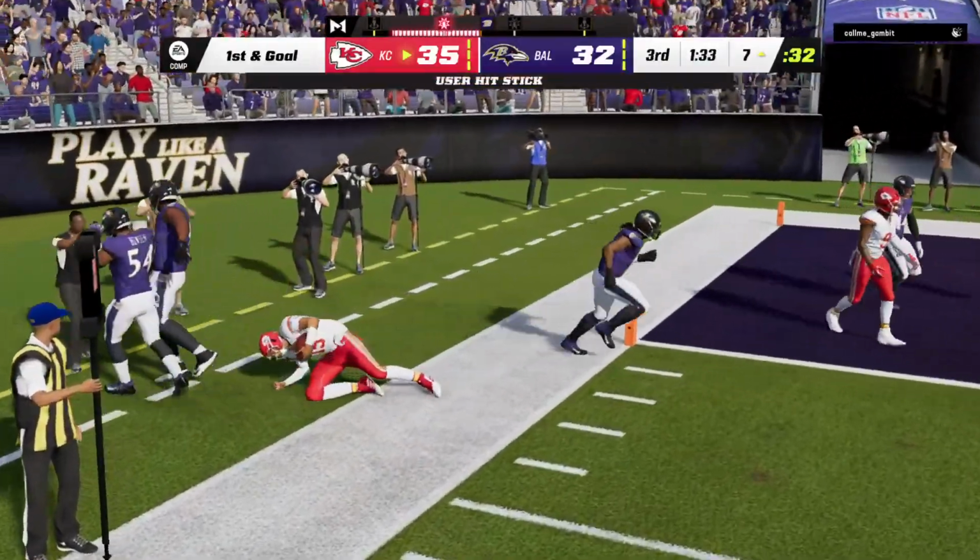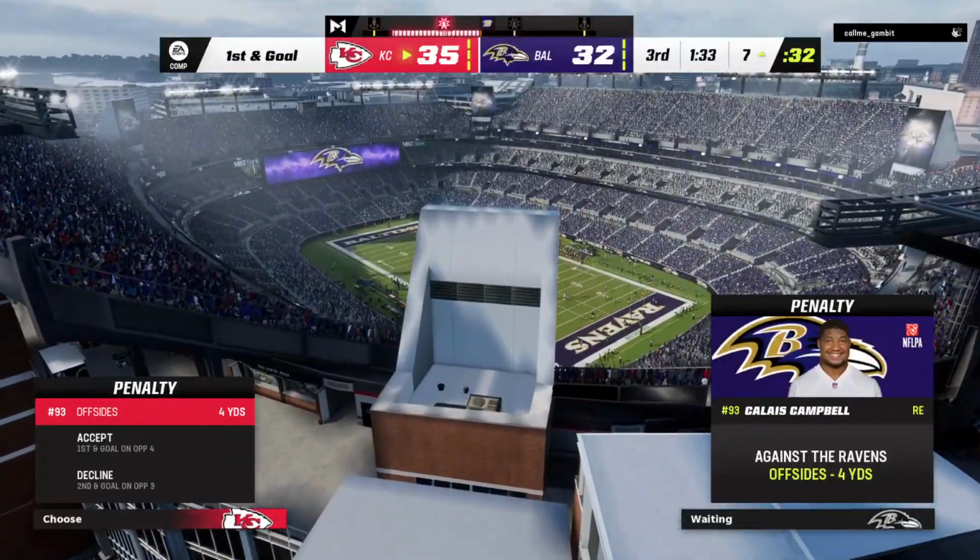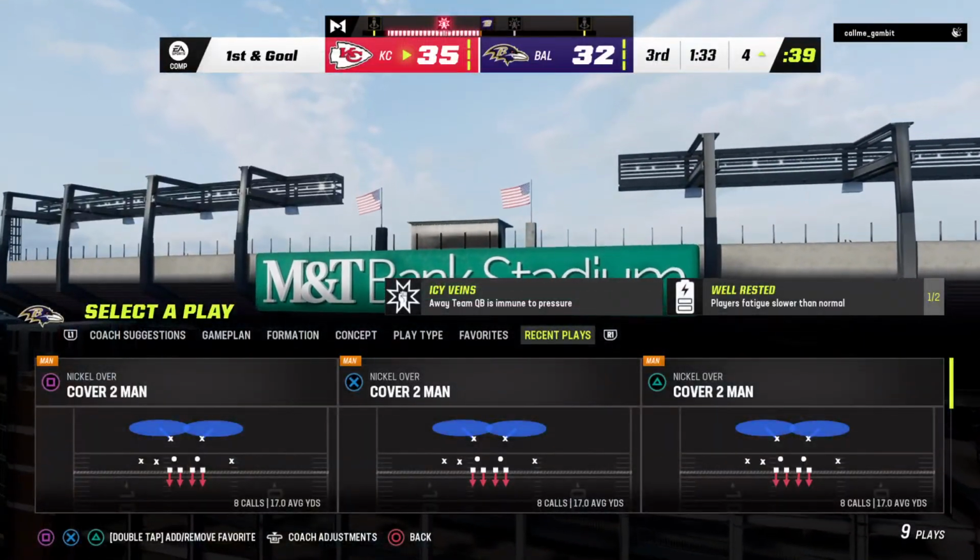And inside the 5 here before he's out of bounds right at the 3. Well, we looked at each other right when